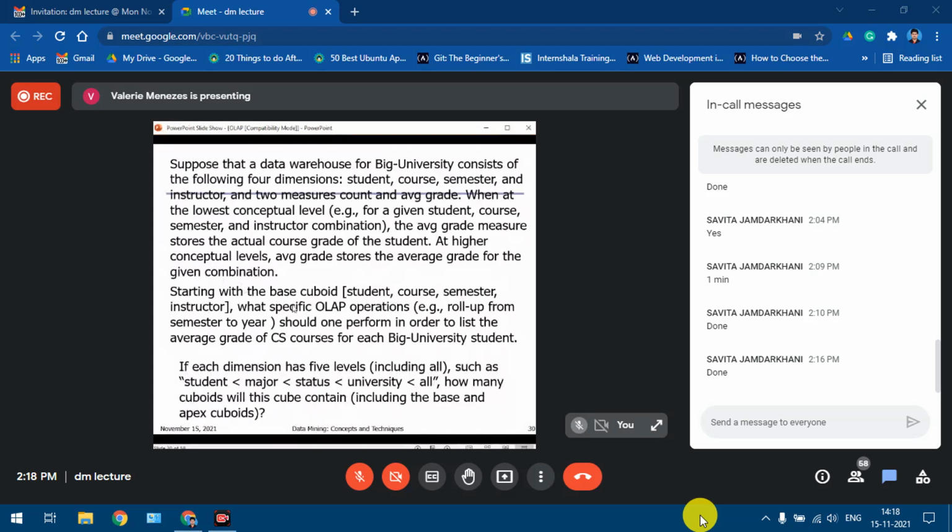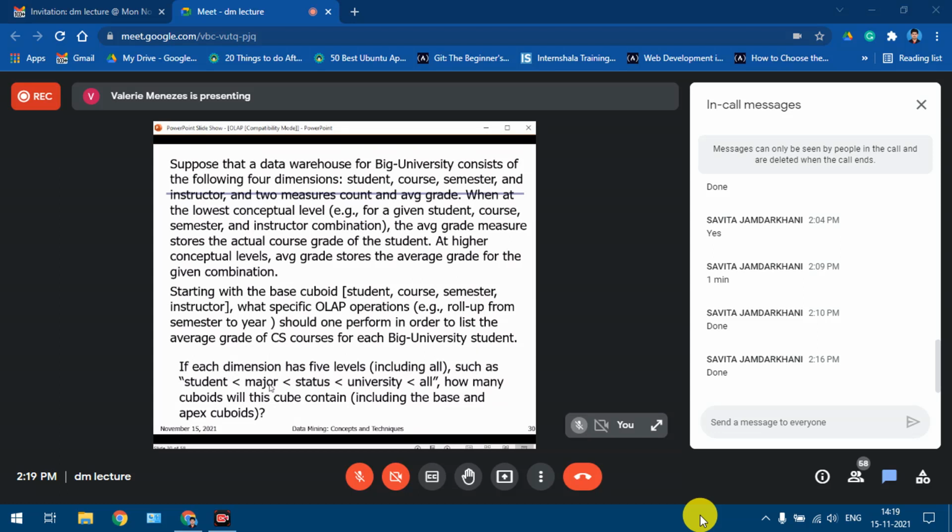So if we start with the base cuboid, the student, course, semester, and instructor, as per the dimensions, the question asked is, what OLAP operations have to be done in order to get the average grade for computer science courses for each university student? Okay, so which OLAP operations have to be done to get the average grade of students who have opted for CS courses for each and every student?